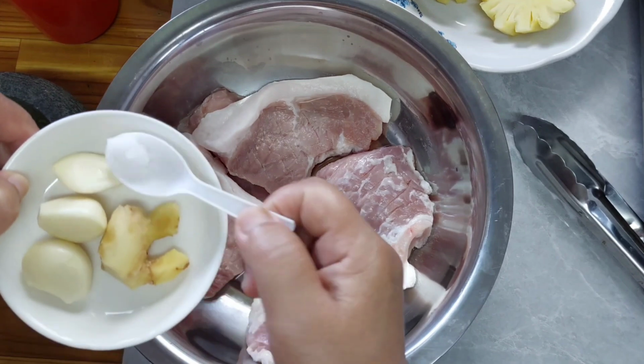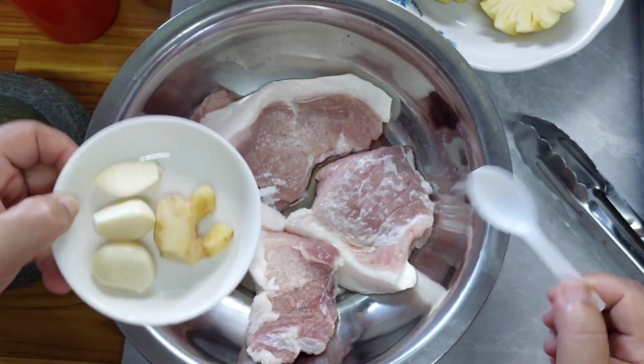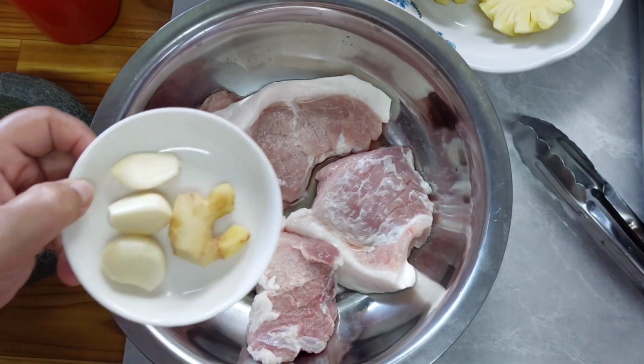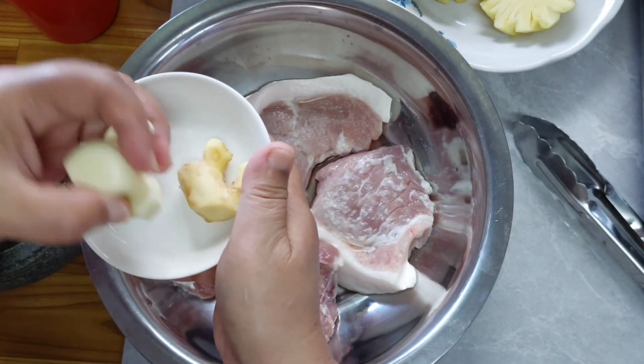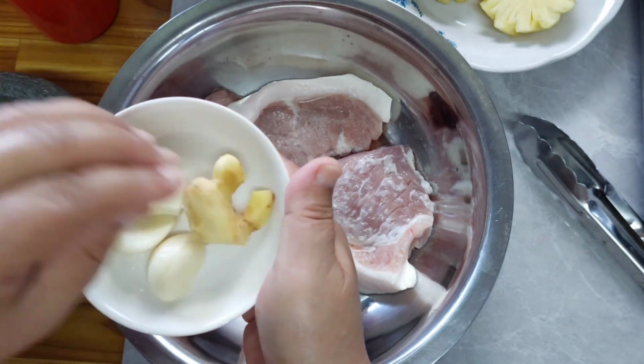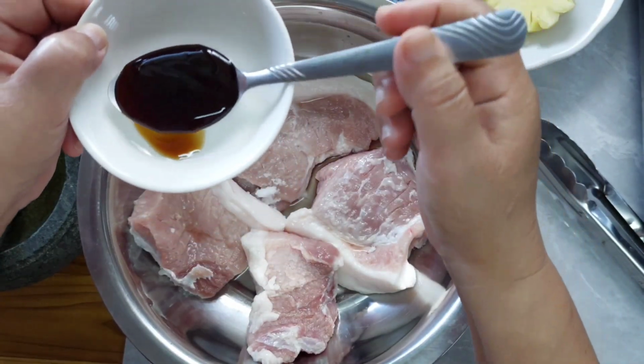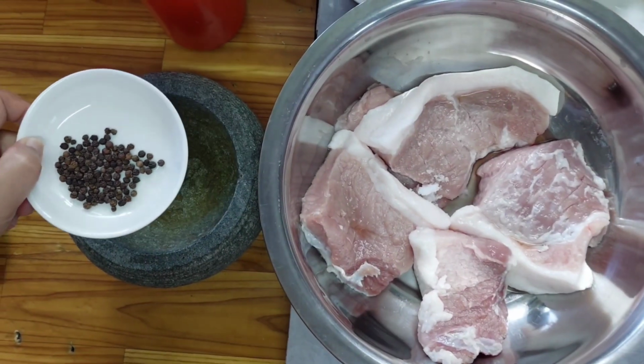And a little bit of salt, as well as 3 cloves of garlic, as well as ginger, a little bit of ginger, 1 tablespoon of oyster sauce, pound the black pepper,